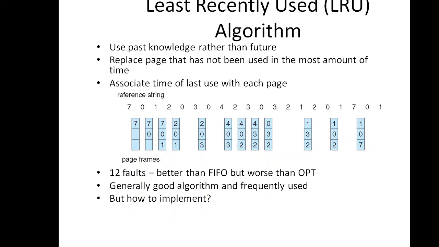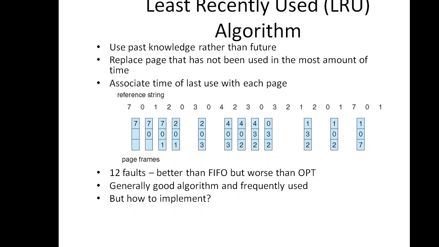Now we have 2 0 1 in the frame. Next value is 0. 0 is already there, so do not replace anything. Next value is 3. In order to insert 3, I have to check which of these three values is least recently used. 2 is used just one value previous to 0. 0 is the immediate previous value of 3. 1 is least recently used compared to 2 and 0. So I can replace 1 with 3. Now the frame contains 2 0 3.